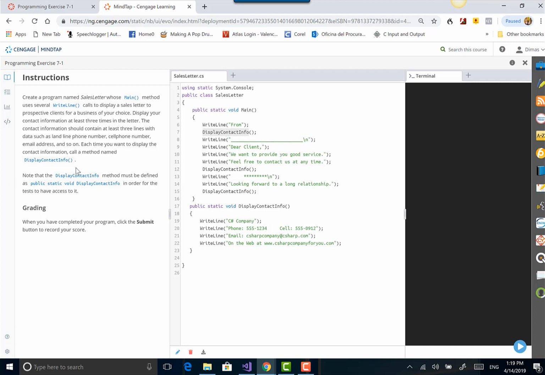So that's basically the usefulness of using methods, is that you don't have to rewrite the code. You can reuse the code by using methods. So let's see how it runs. I'm gonna do that on